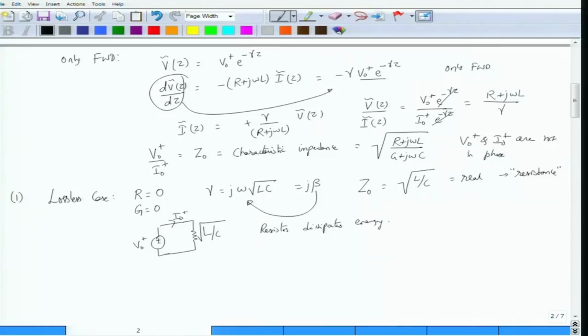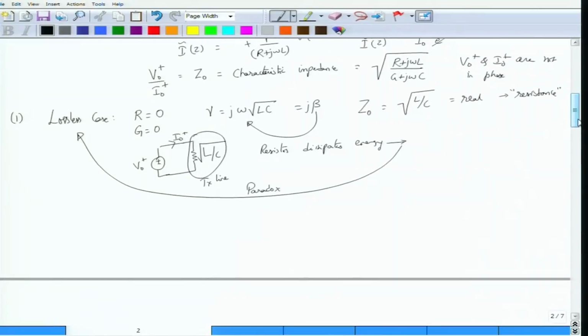But if a line is dissipating energy, then why do we call it a lossless case? Is there a paradox somewhere over here? How can a lossless line be equivalent to a resistor? This is the equivalent of a transmission line. This paradox, if you think about it carefully, can be resolved in many ways, but two ways one has to understand. For now, we are considering only forward going waves, which means that there is no end to the